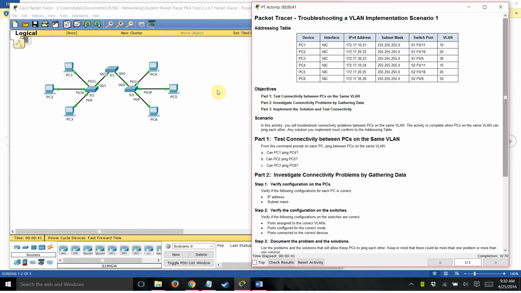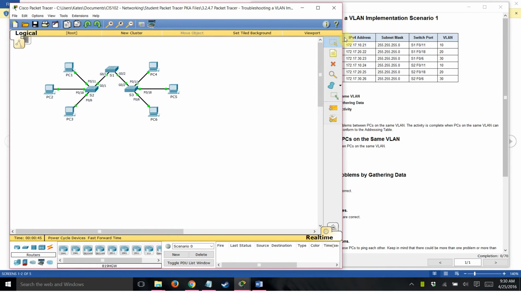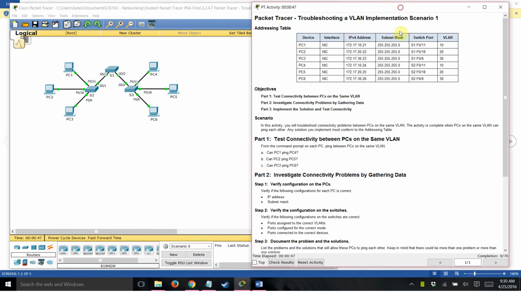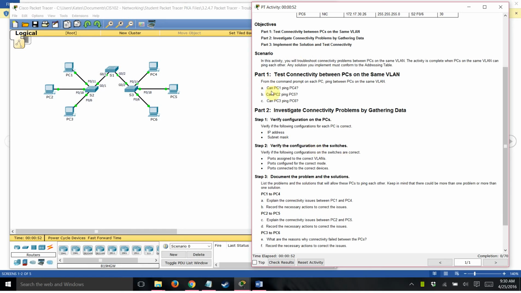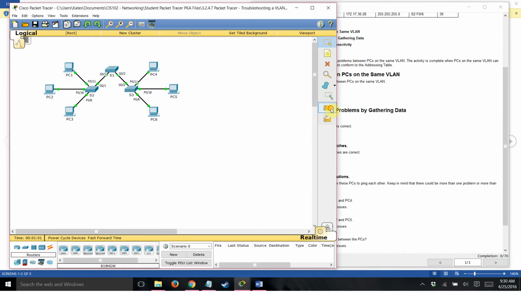Alright, so we're doing Packet Tracer 3.2.4.7, troubleshooting a VLAN. Okay, so we're going to start by pinging PC1 and PC4, PC2 and PC5, PC3 and PC6. These should be on the same VLANs. So PC1 to PC4, failed. PC2 to PC5, failed. PC3 to PC6,